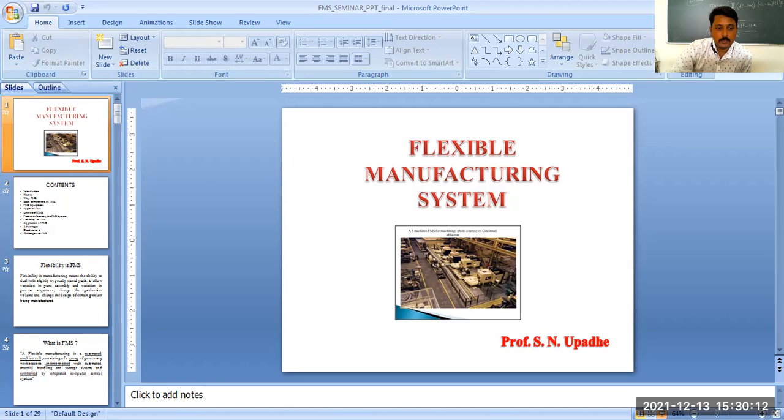The second product, which requires a second, different type of operation, goes from here, doesn't go here, goes here, and comes here for the second operation, and comes out from here. Similarly third, similarly fourth. So this is how this type of ladder layout is going to work.